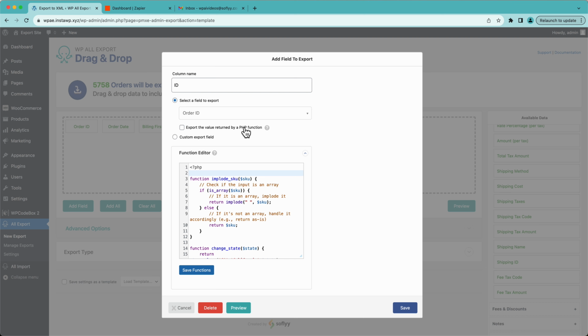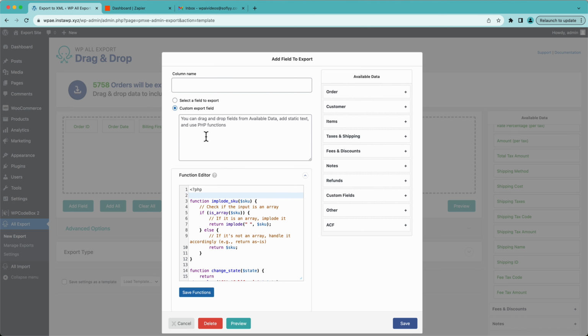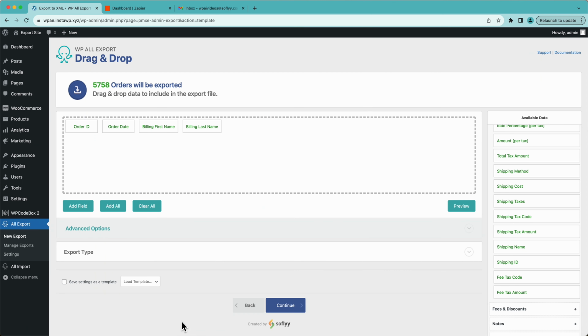We can pass data through PHP functions. We can create custom export fields where we drag in multiple fields into one single field. So for example, we can combine first name and last name into one field, etc. If you're interested in these more advanced functions that WP All Export has, again, check out our documentation and our YouTube channel. We have a lot more videos that go into more depth on this. So we're just going to make a very basic order export over here, and we'll check out the export types